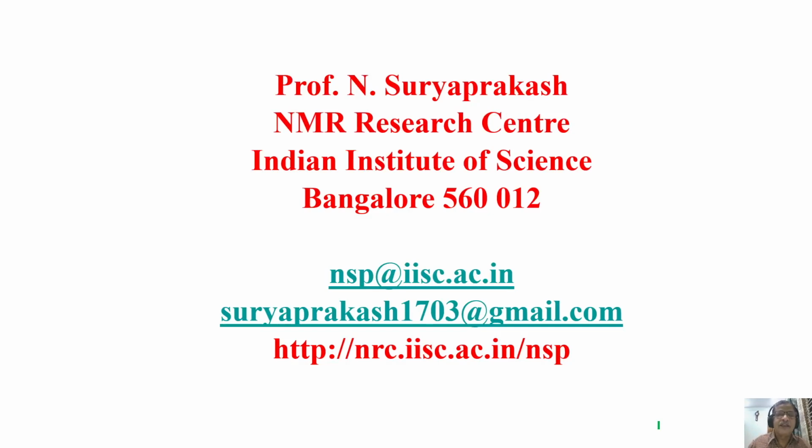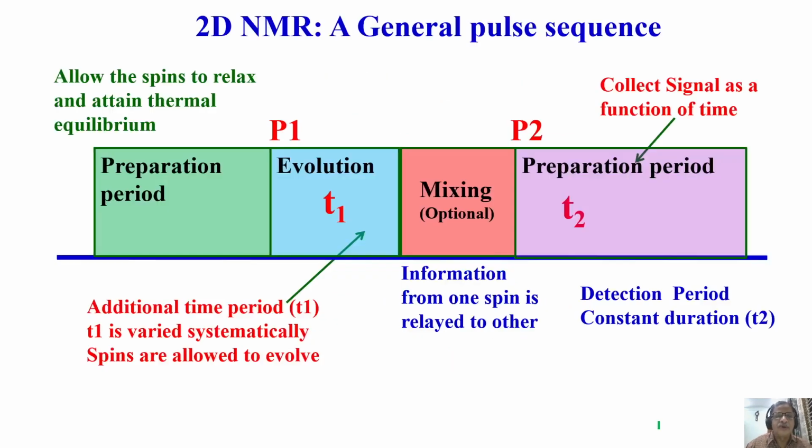It's difficult to analyze. What is the resolution problem you are going to get, and simultaneous detection of two nuclei and forbidden transition like multiple quantum etc. cannot be detected. So several limitations were there. Then I showed what is the need to do a two-dimensional NMR. So this is the reason why we have to start using 2D NMR.